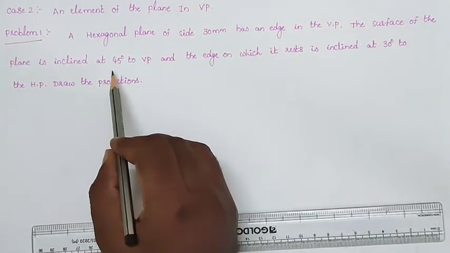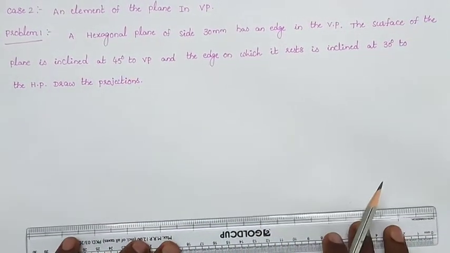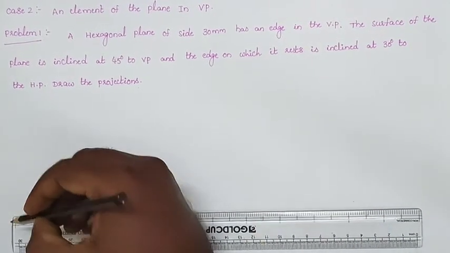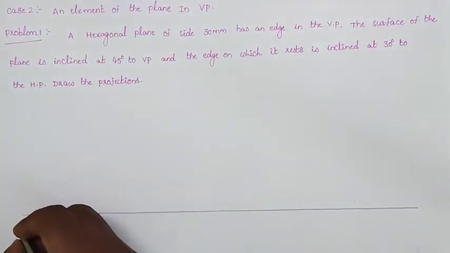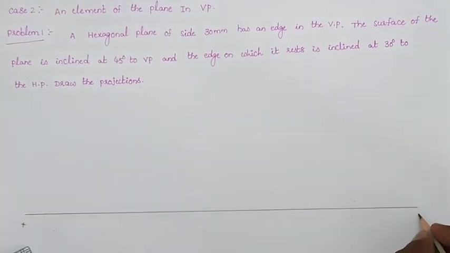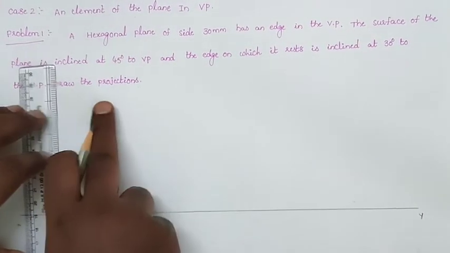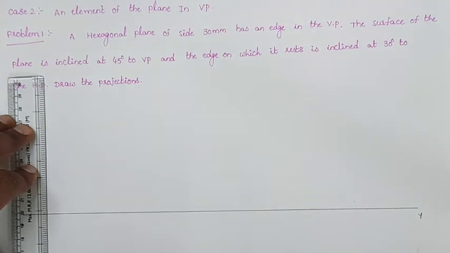Initially, follow the surface inclination of 45 degrees to the VP. Because the surface inclination is given with respect to the VP,